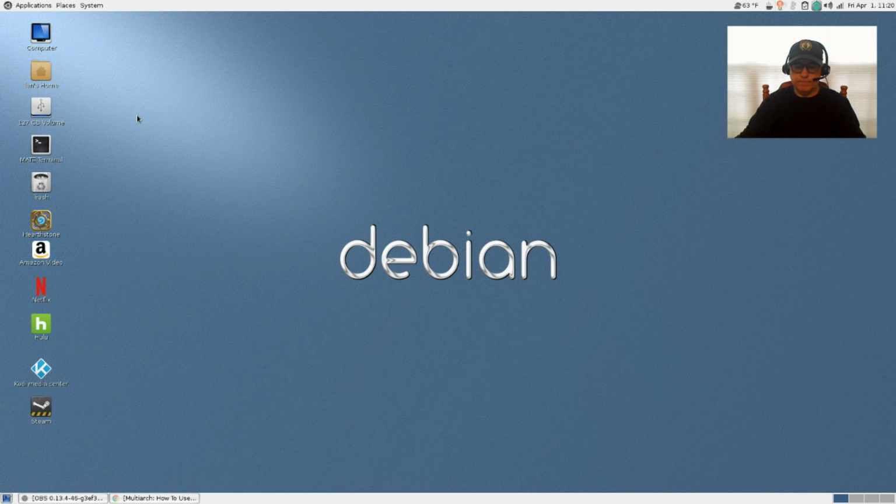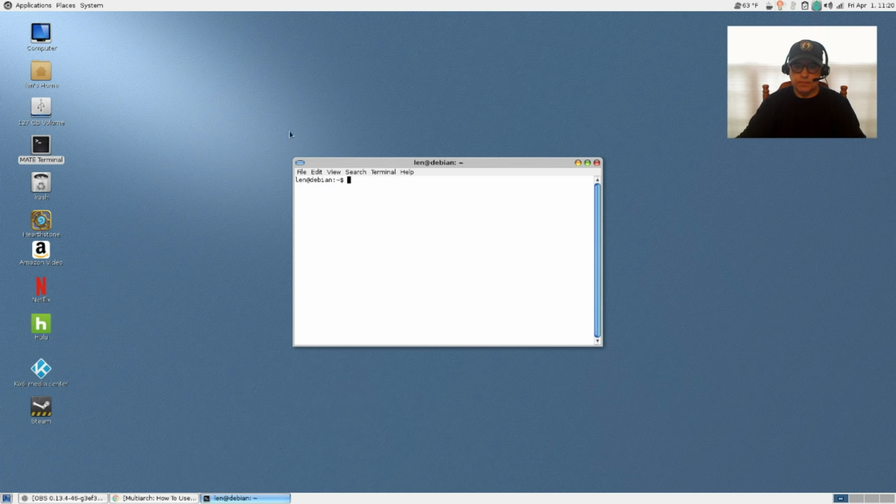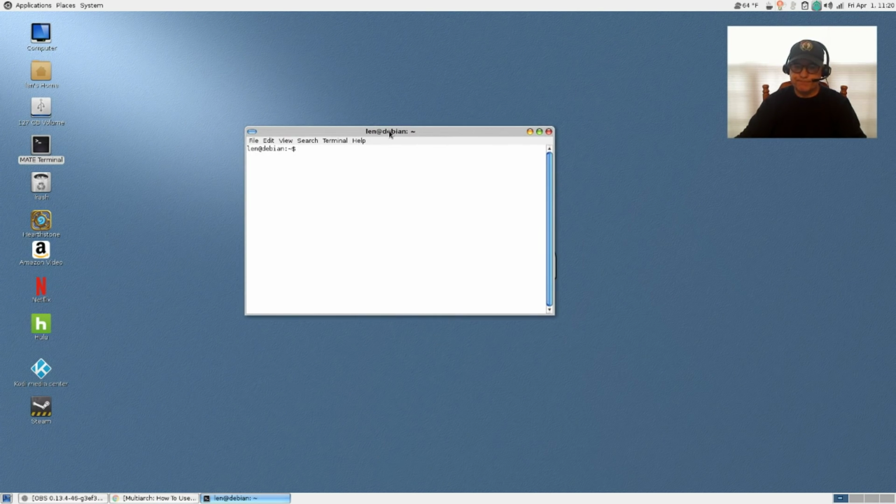Once you do that, and then you install your Broadcom Wi-Fi and your Nvidia driver, the next thing you're going to want to do is sudo apt-get install wine i386. Okay, that's going to install the 32-bit architecture of Wine,